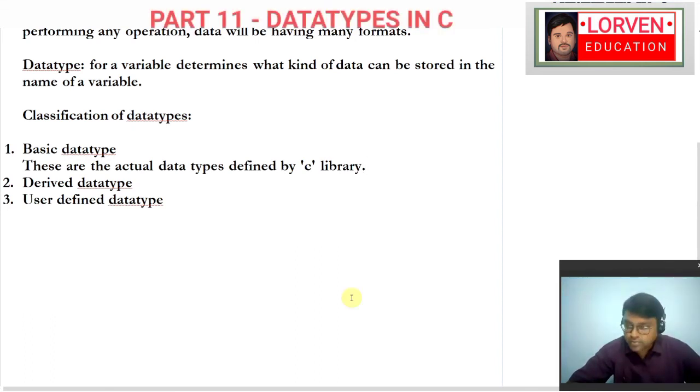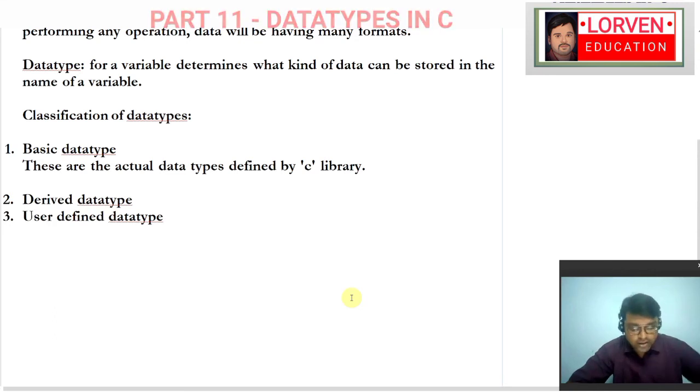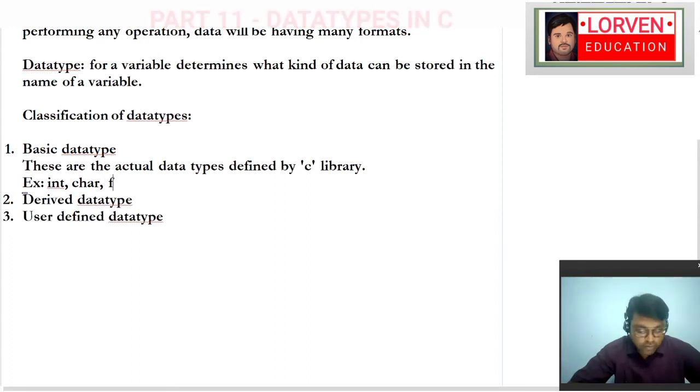Examples are like this. Int can be taken as one basic data type, right? Character can be taken as one basic data type, right? Float can be taken as one basic data type, and double can be taken as one basic data type. So this is all about the basic data types we have.